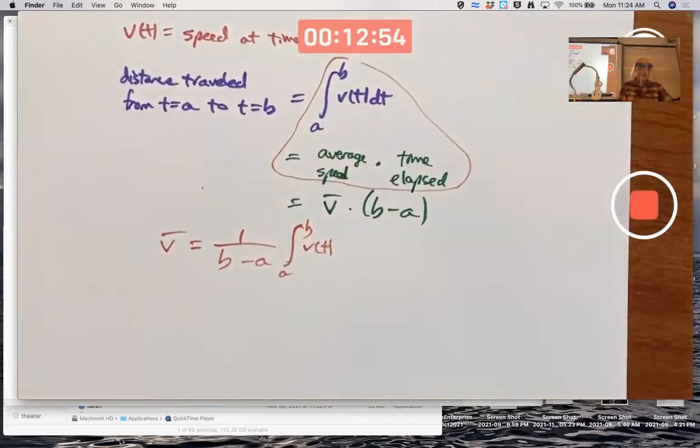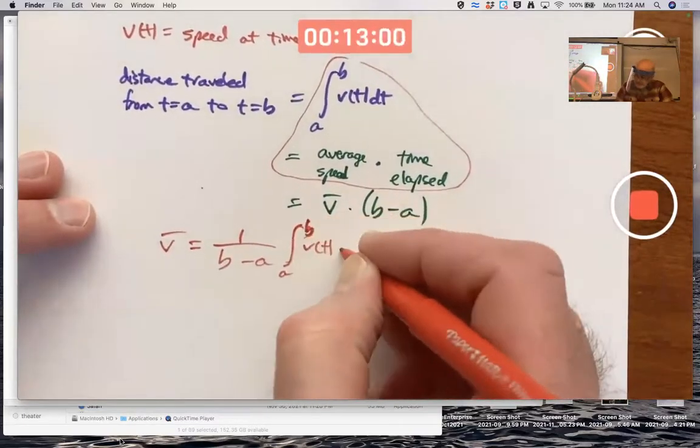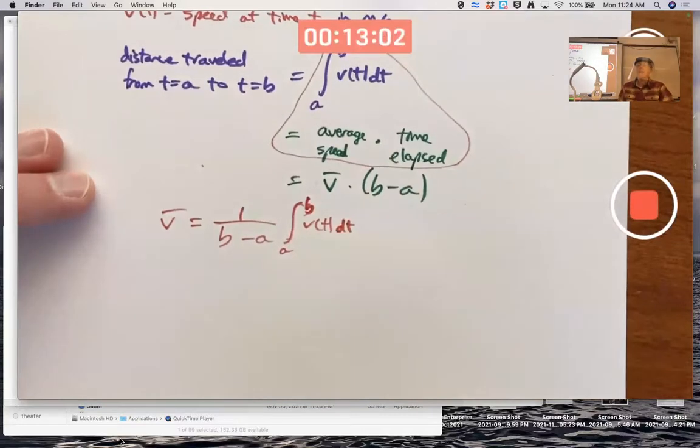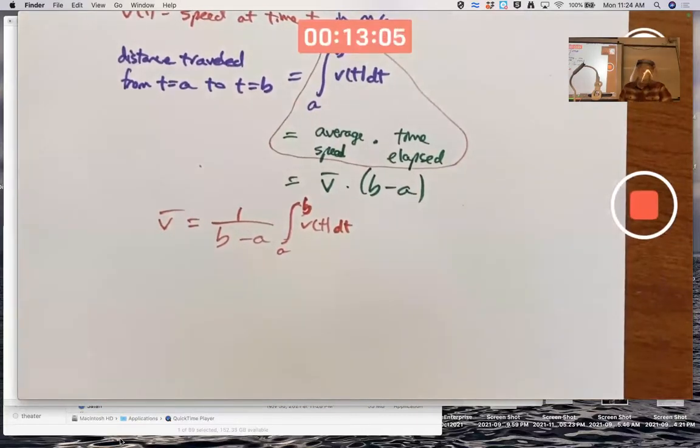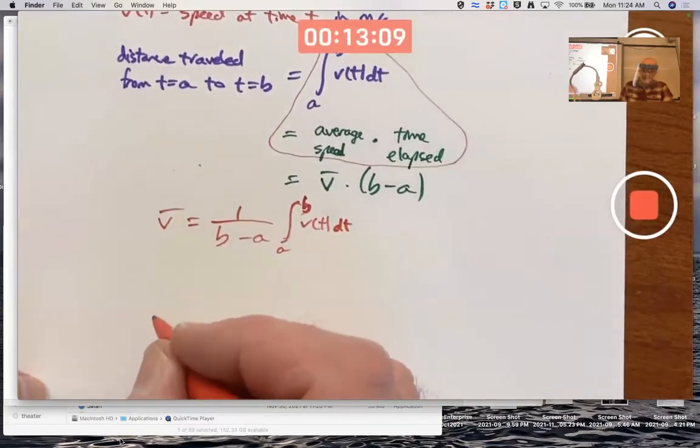And that pen's dying. 1 over b minus a times the integral. Could you also write that as... Yep, means the same thing. And in general,